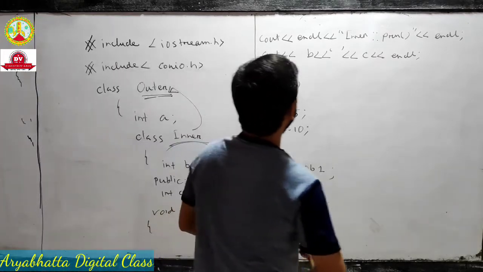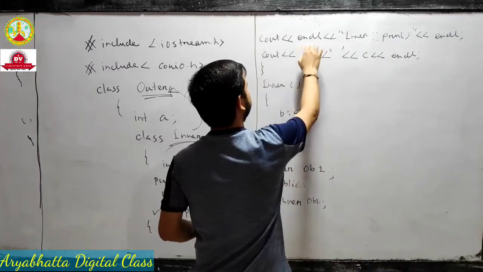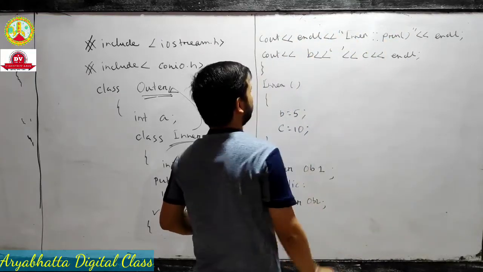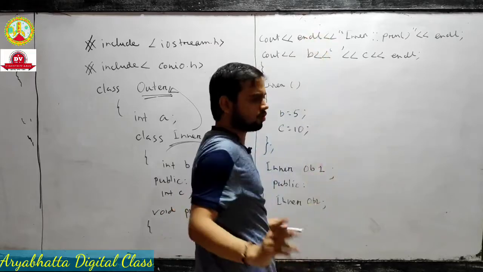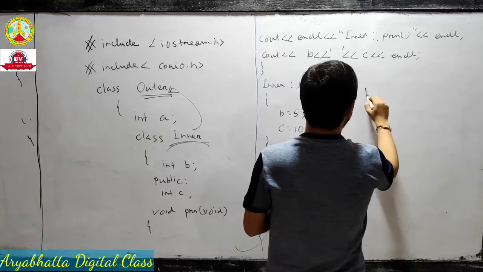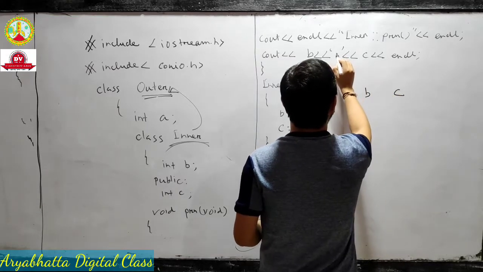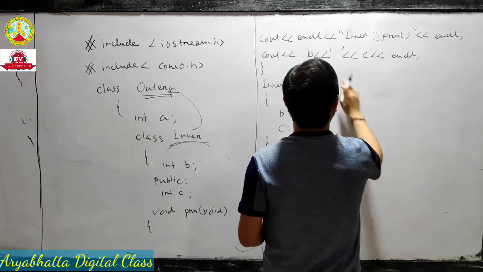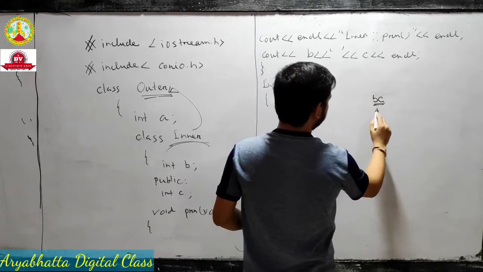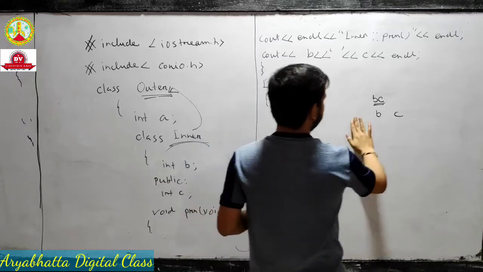And this is the printing statement. This endl, double writing, n line, is for designing purposes. endl means this will come as a new line. That's why they write endl. Also, if you skip this part, it will also be okay. Don't be confused. And this is for the space, because between b and c there is a space. That's why they take a space here. Otherwise b and c will come congested. This is only for designing purposes.